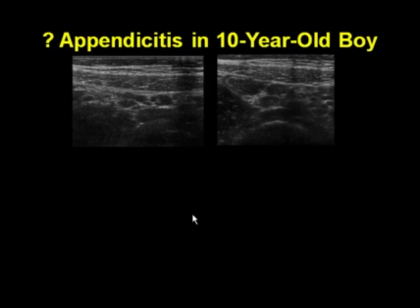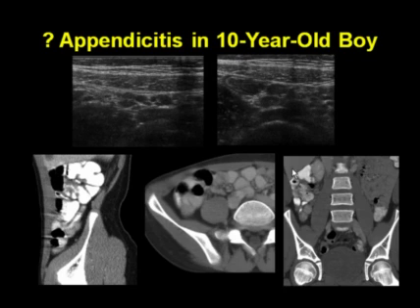So this is a young boy who had an ultrasound examination because of a clinical concern for appendicitis. The appendix was not identified, but in the right lower quadrant, a note was made of multiple mildly enlarged lymph nodes, as you can see on these 2 images. The patient did go on to have a CT scan, and the CT shows that there is a normal appendix that you can identify here containing barium.